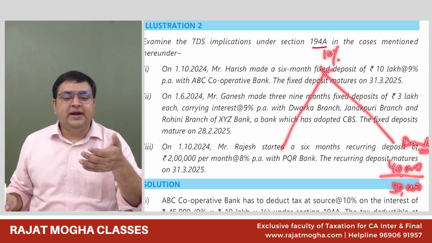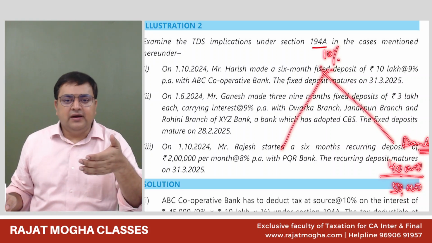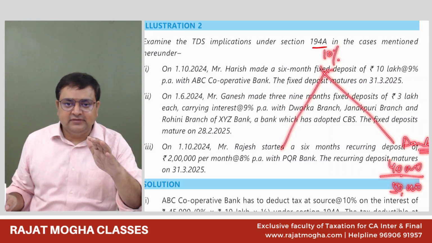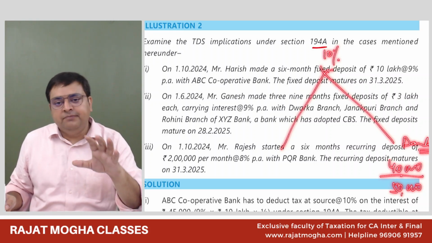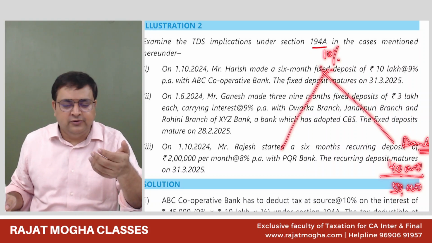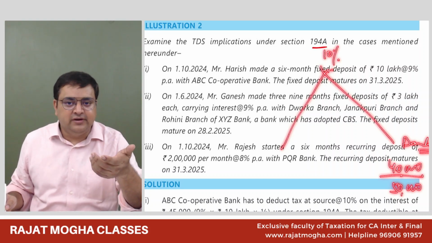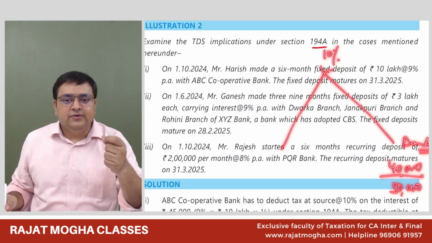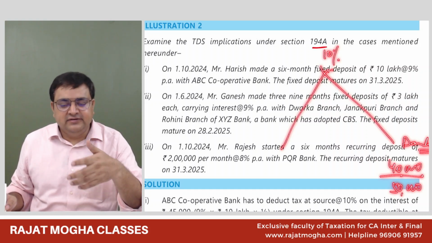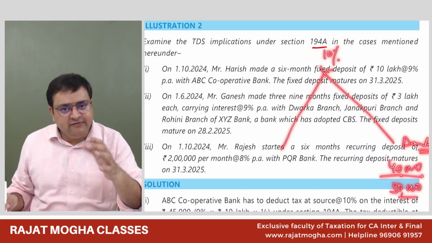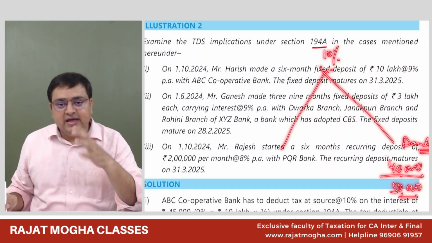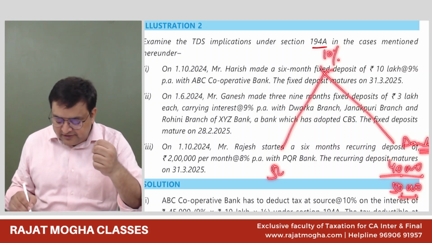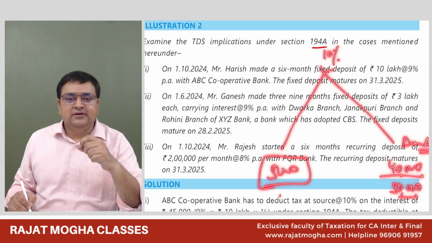So let's say if I'm getting it from a bank, up to 40,000 only or less than 40,000, the bank will not deduct the TDS. But if it goes more than 40,000, then the bank will deduct the TDS on the entire amount. Let's say they are giving me 45,000. So 10% they will deduct on 45,000, that is 4,500. But if the person getting the interest is a resident senior citizen, then 50,000 is the limit. And in case I am getting interest other than from banks, financial institutions, etc., then 5,000 is the limit.